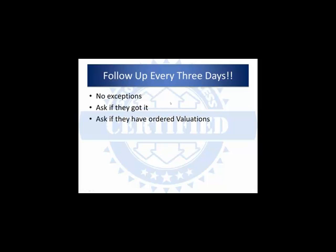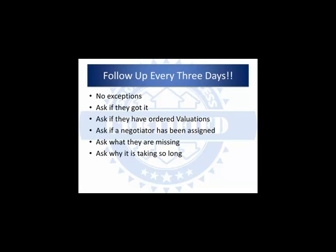Ask if they have ordered valuations. Ask if a negotiator's been assigned. Ask what they're missing, if anything. Ask why it's taking so long. Ask, and ask more. When you call them, every 3 days or less, okay, you need to